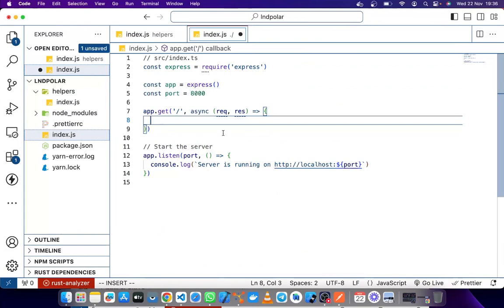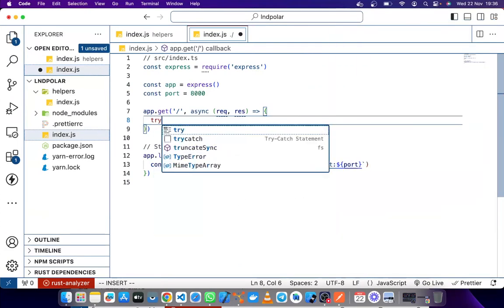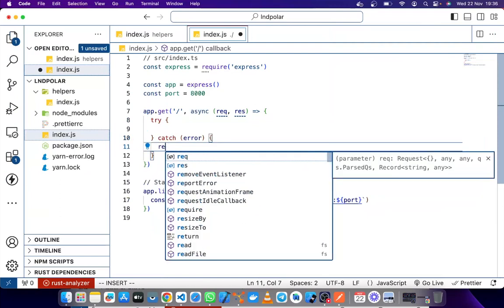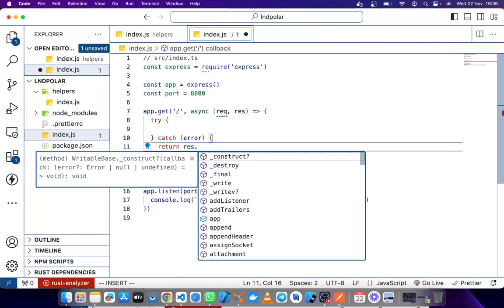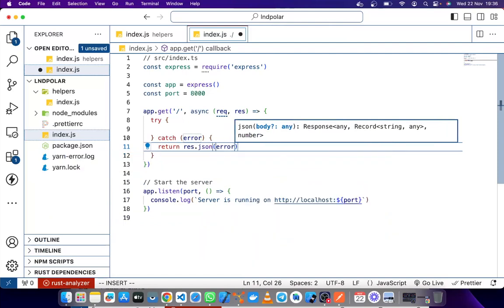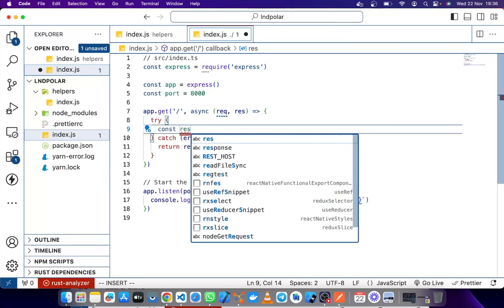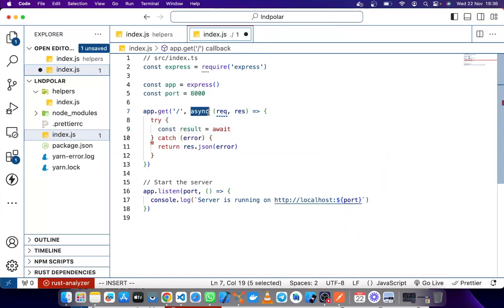So I'll go ahead and put this in a try and catch block, and I'll return response.json.error. Okay, so I'll put this in a result, and I'll call the await on that, because it has to be asynchronous, because it's a network call.